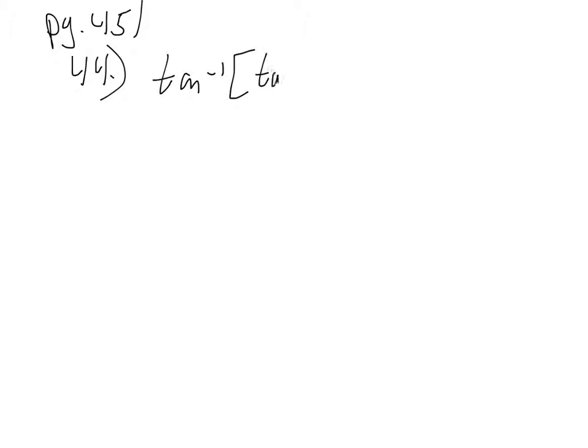We're going to take a look at number 44 on page 451 from the handout yesterday. Number 44, thank you. We're looking at inverse tan of tangent of negative 2 pi over 3, right? And so the thing about tangent that we know is that it returns values between negative pi over 2 and pi over 2. So even though these happen to be inverse of each other,